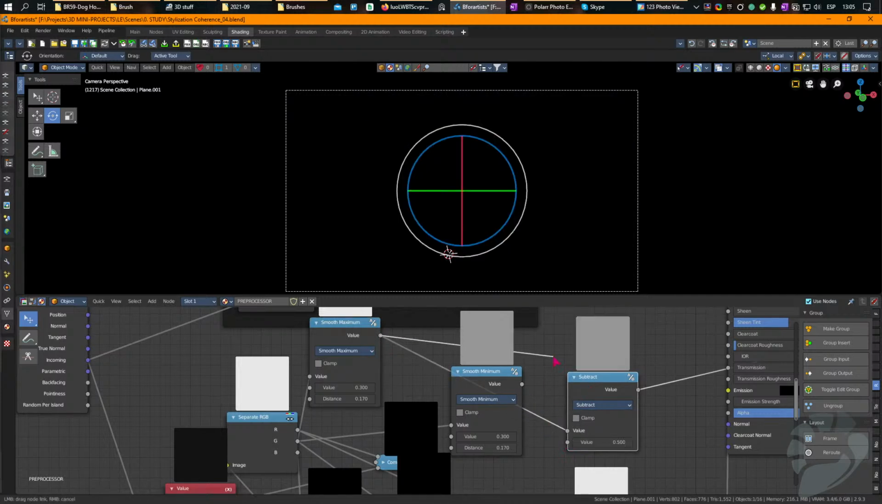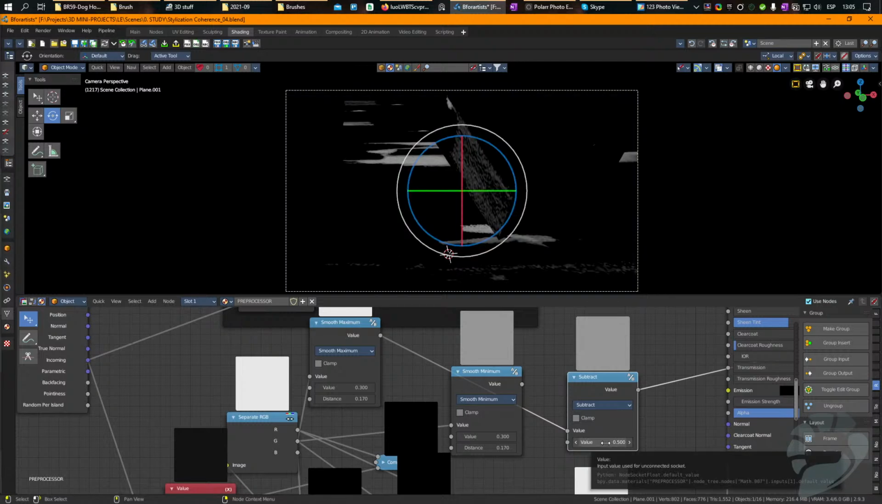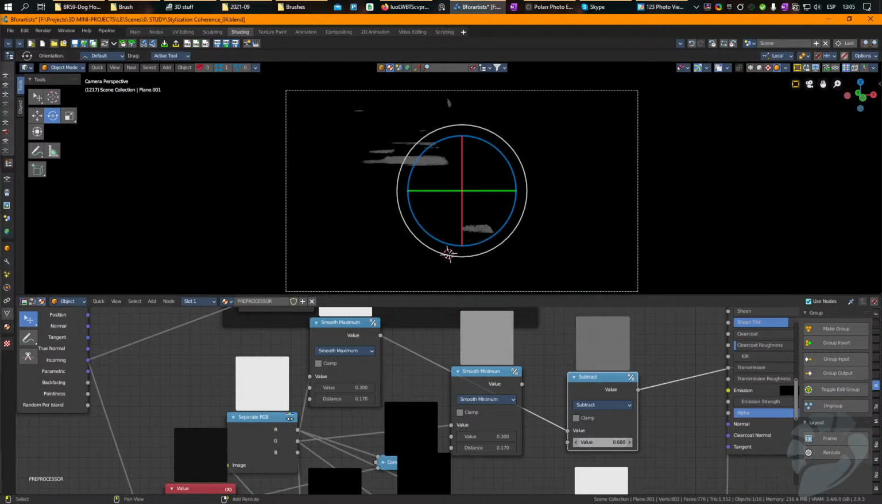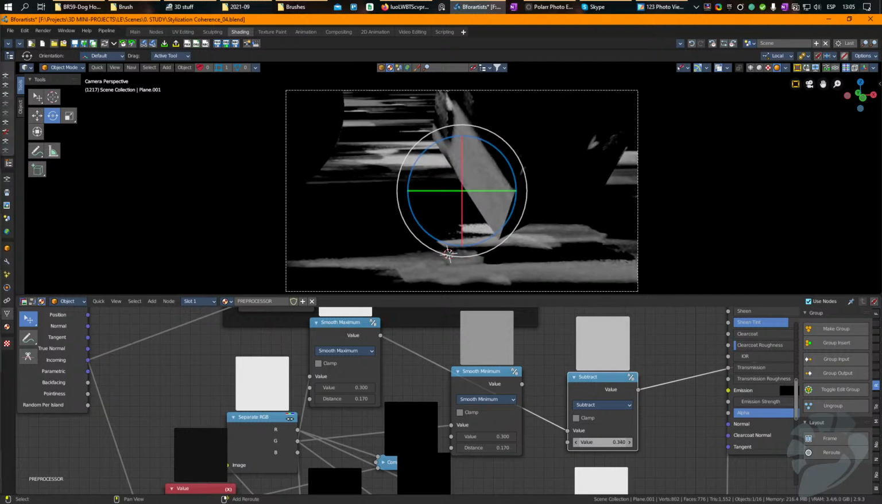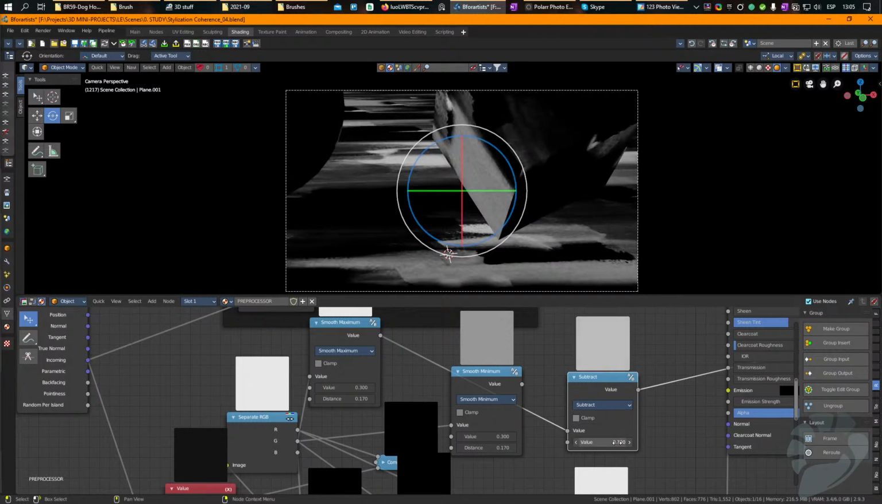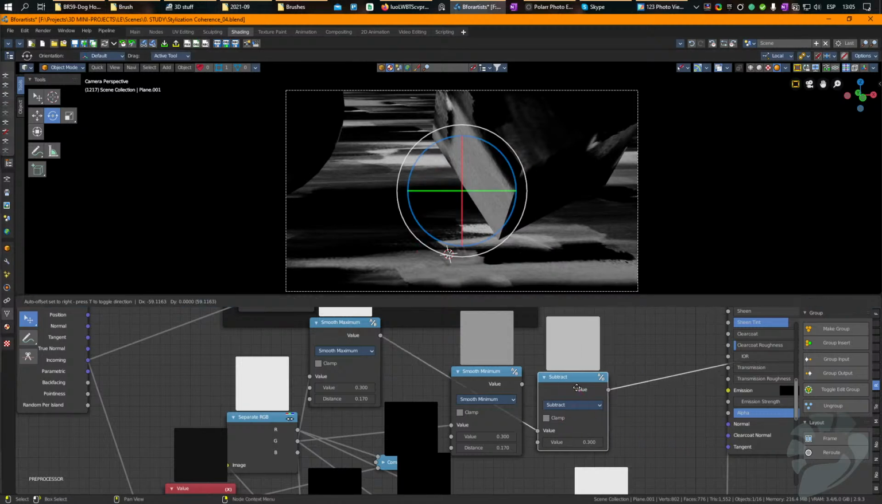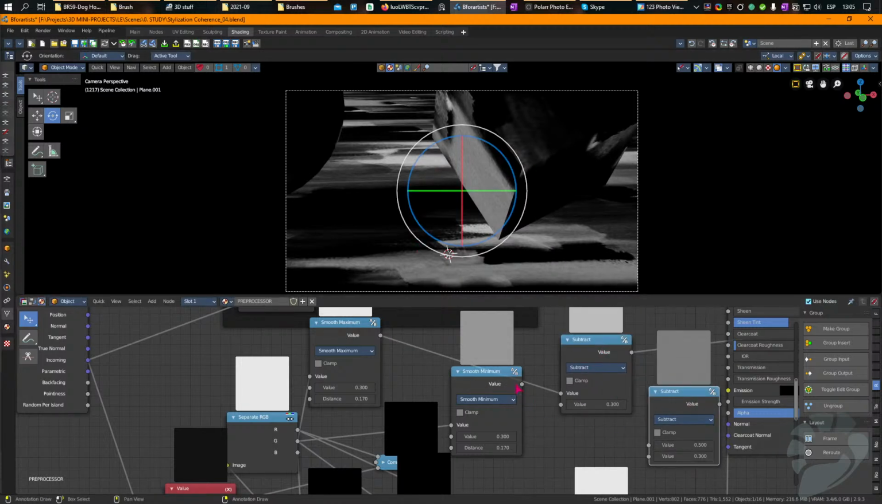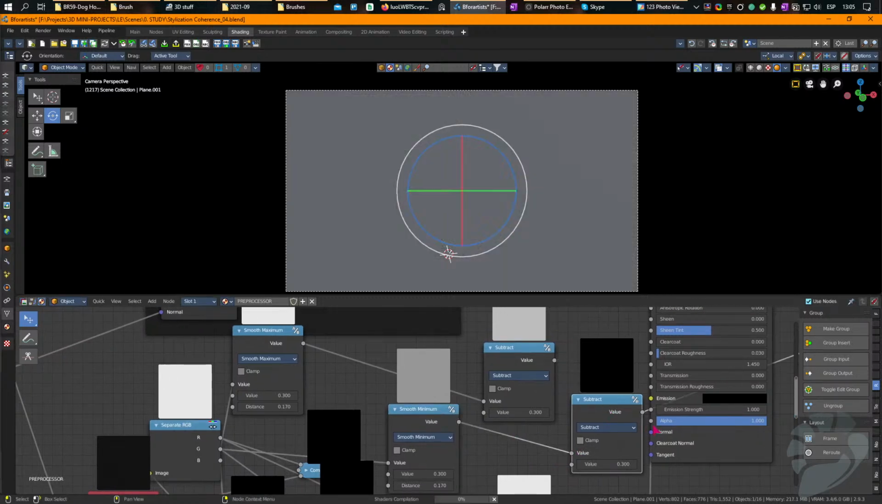Whoops, not too much. There you go, so it's not too dark. Or not too light, sorry. So that the black is black. So subtract by 0.3, the level that it's pulling out from. Do the same for the other one. And now that I have that sorted,